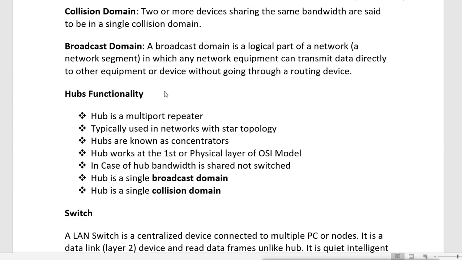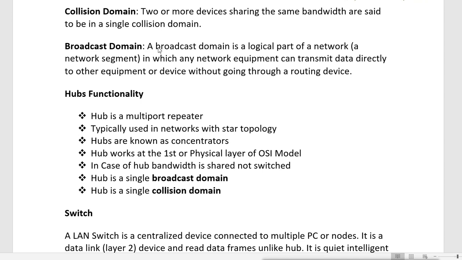A collision domain means two or more devices sharing the same bandwidth are in a single collision domain. So even with one hub, it is a single collision domain, and if you connect two more hubs, they still remain in the single collision domain.